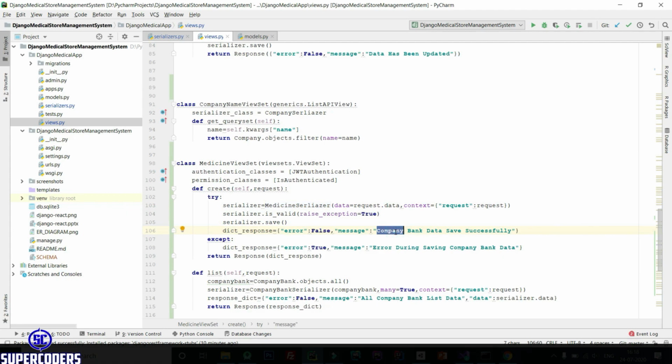So change the message to medicine data saved. Here, doing saving medicine data.